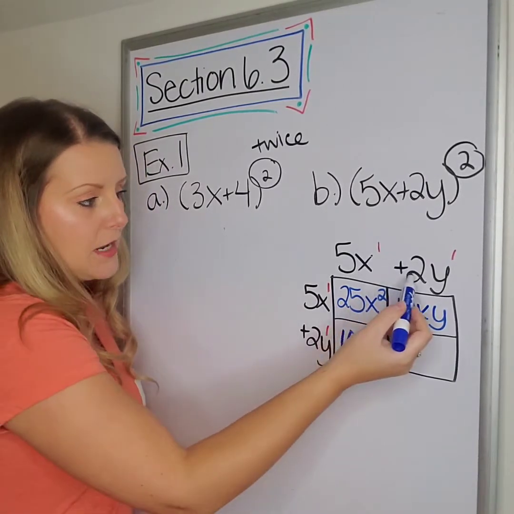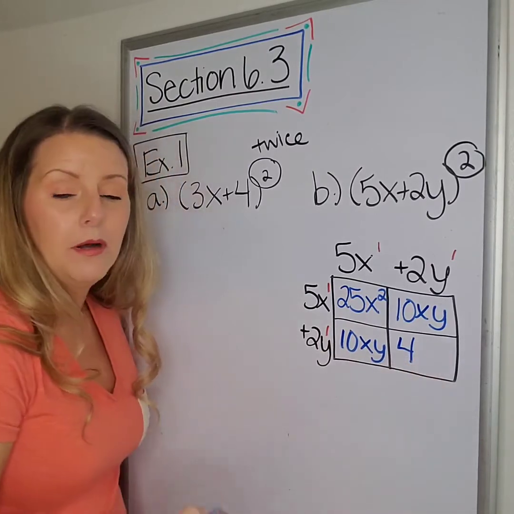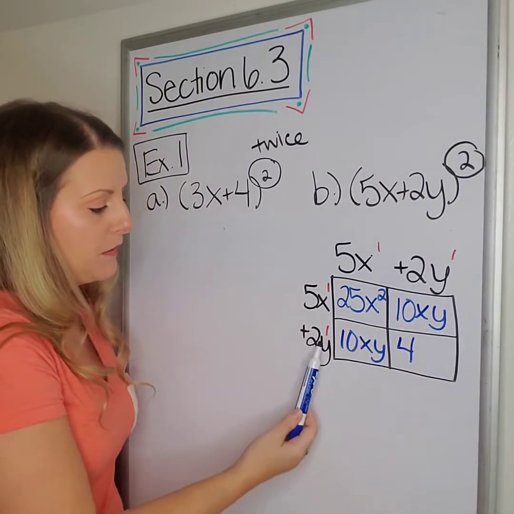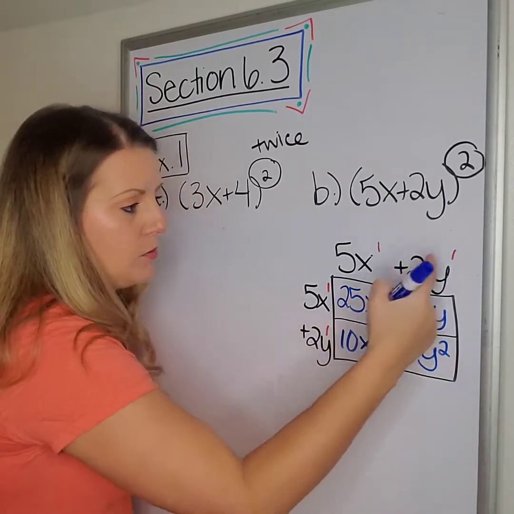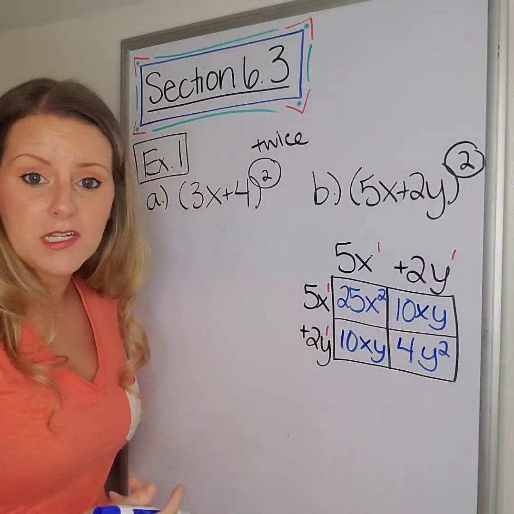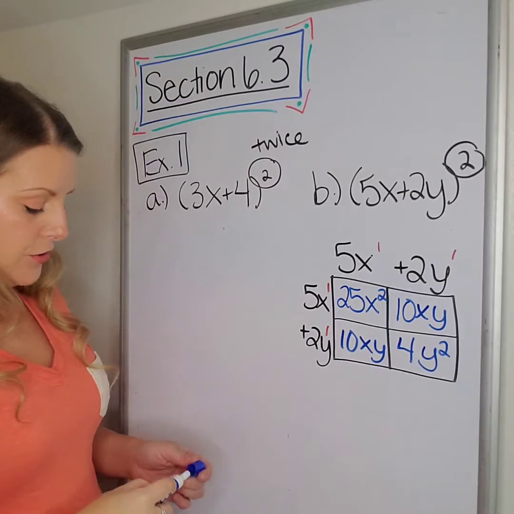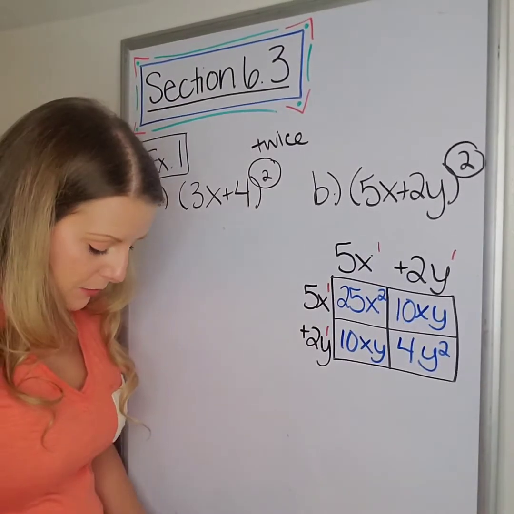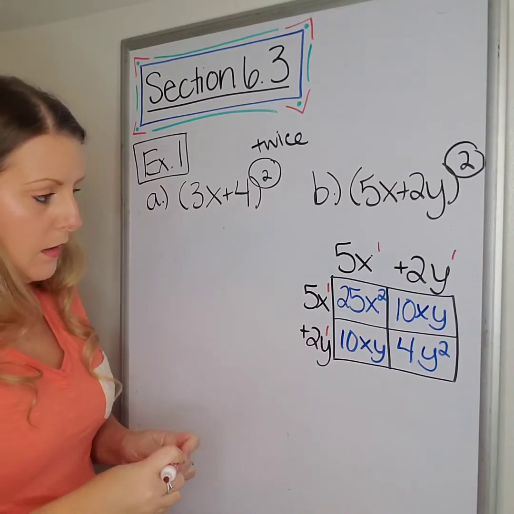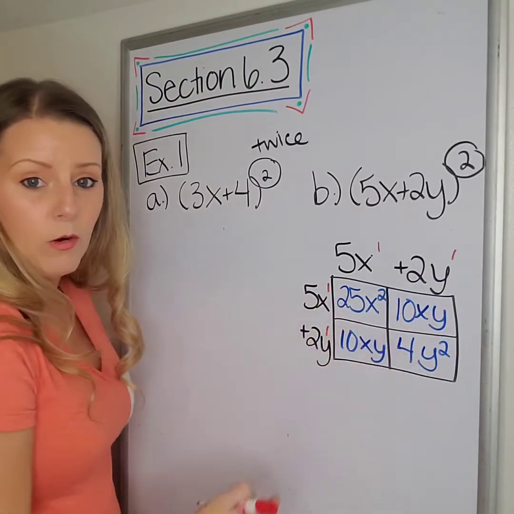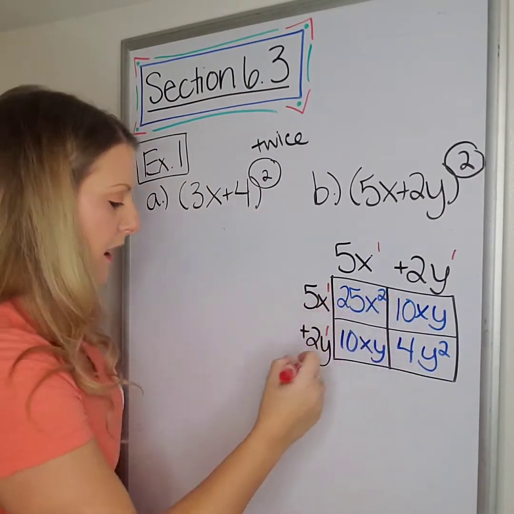And then 2 times 2 is 4, but now we do have the same letter. Y times Y is Y squared. 1 plus 1 is 2. We can add those because they're the same letter. So now, just look and see if you have anything that buddies up for your final answer. So, x squared. I only see one thing with x squared. So 25x squared